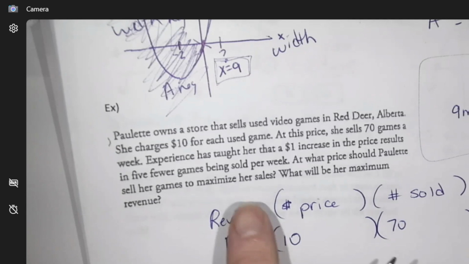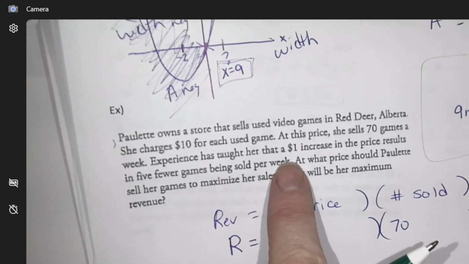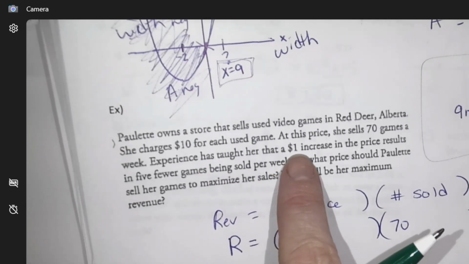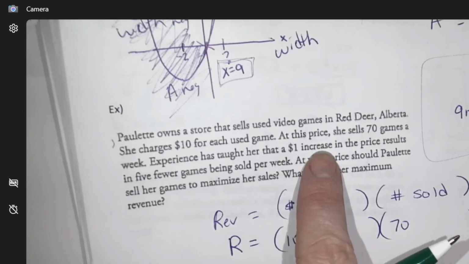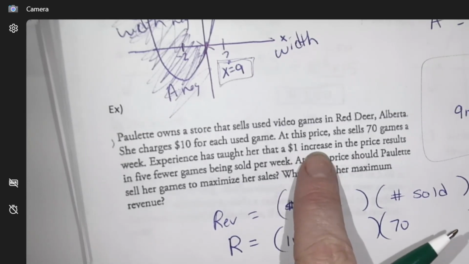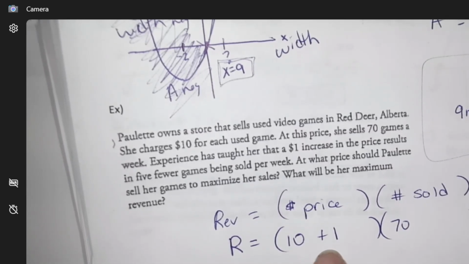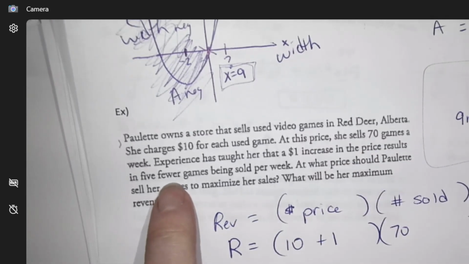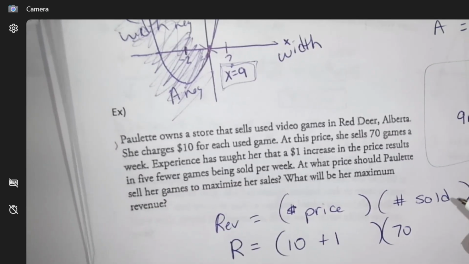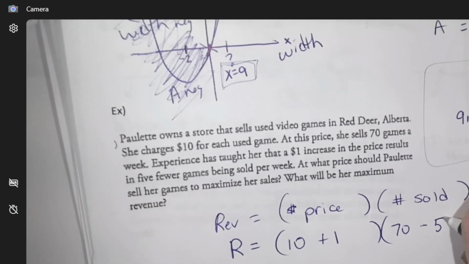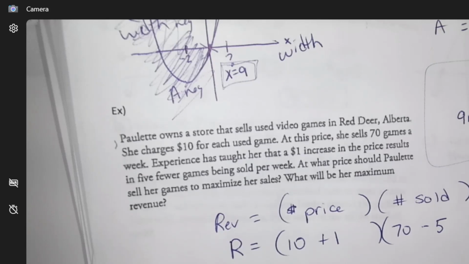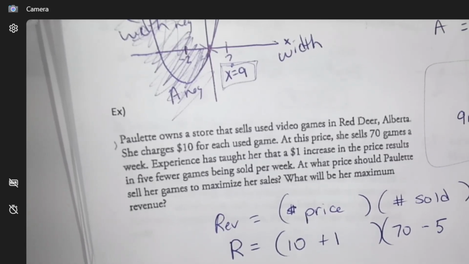And then it says that experience is showing her that if the price was going to go up $1, so if the price was going to go up $1, then there would be 5 fewer games sold per week. Okay. Now,